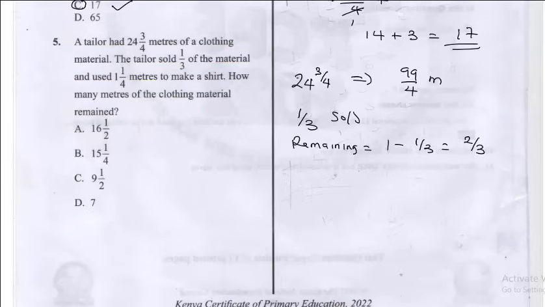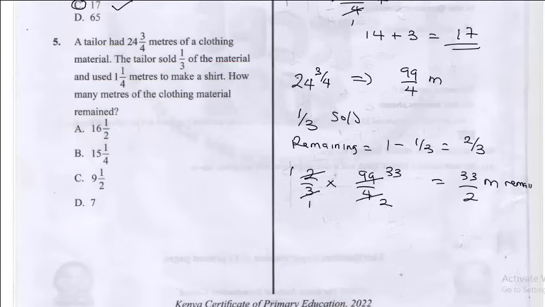Now, if he has 2/3 remaining, let's get the actual amount remaining. So that would be 2 over 3 multiplied by 15 over 4. So 3 here, it's going to be 1. 3 into 15 is going to give us 5. So you have 2 here, it's 1, and you have 2 here, you get 2. So you have 5 over 2 meters remaining. So this is the amount remaining. Now, from 5 over 2,